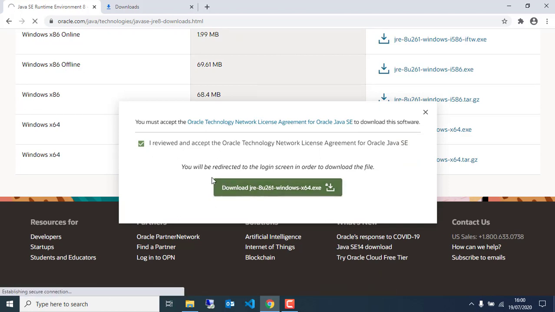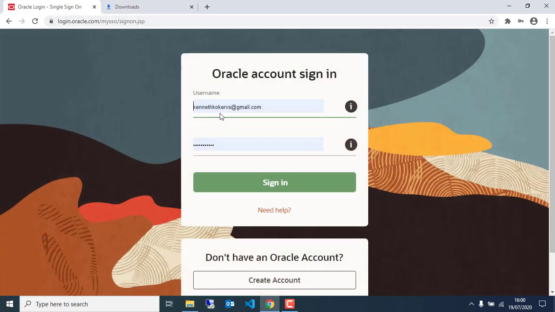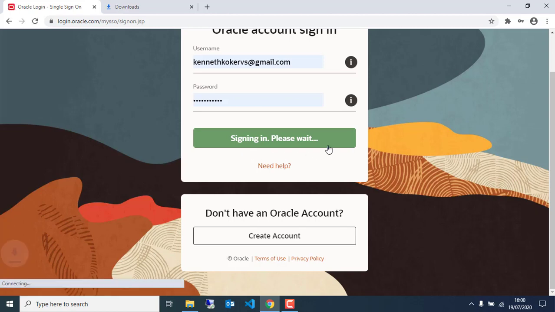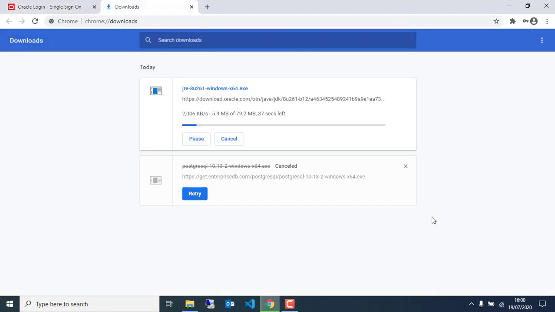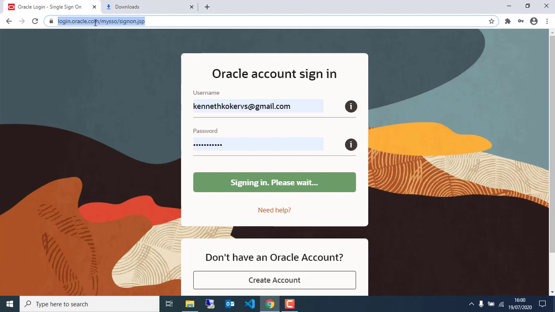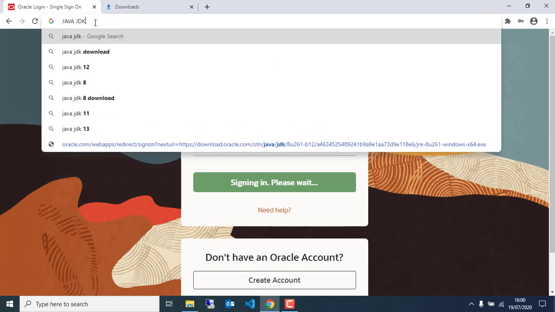Of course, it's going to ask you to log in, I think at oracle.com. So if you haven't already signed up, you have to just go create a free account there and log in with your credentials. Once you sign in, you can download your file. All right, so that is being downloaded, and I will just cancel that because I already have it done. So this is it, JRE 8 version 8.261, and the other one we need will be the Java JDK